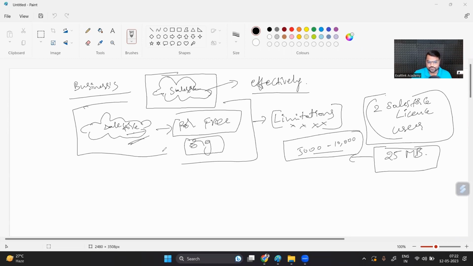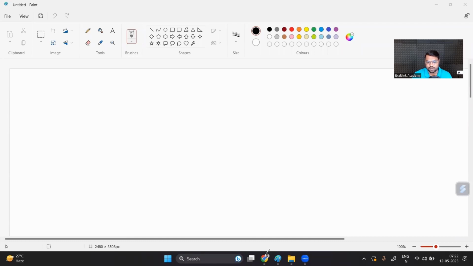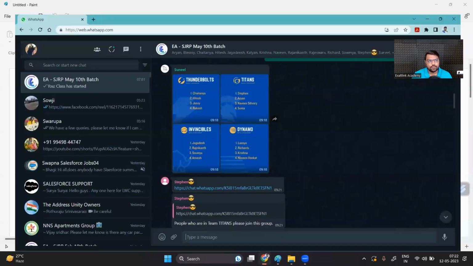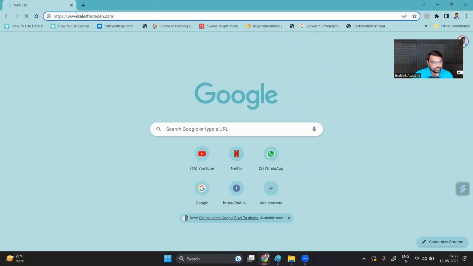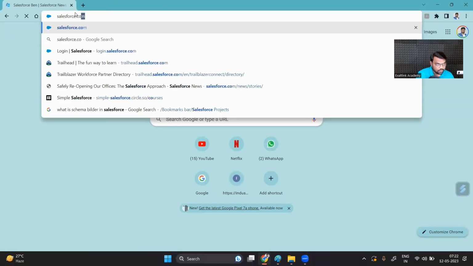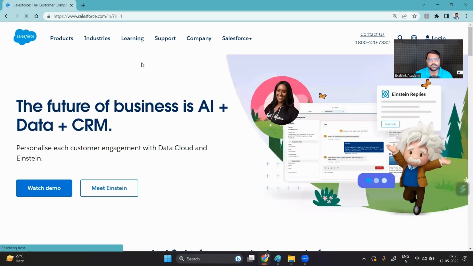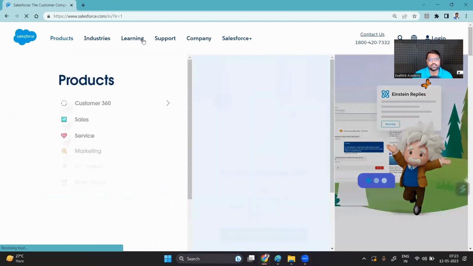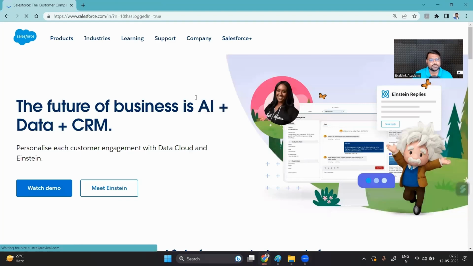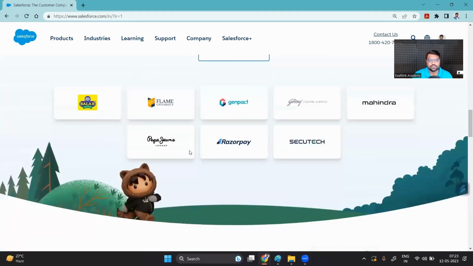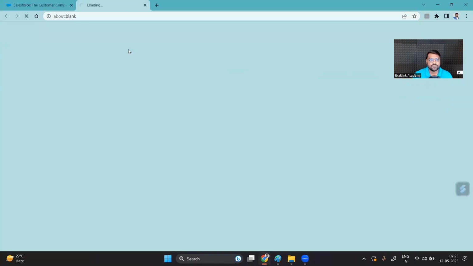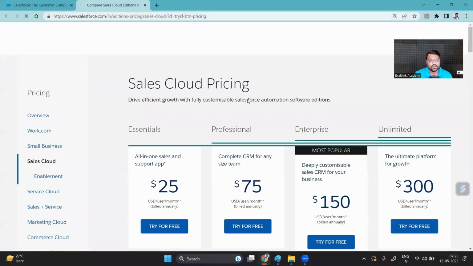So if we go to the Salesforce website, and if you go to any of the products, let me open any of the products here. And if I go to the pricing part, we should have the pricing, but somehow I missed this. See pricing. Yeah, if you go to the pricing part, you'll be able to see all the editions